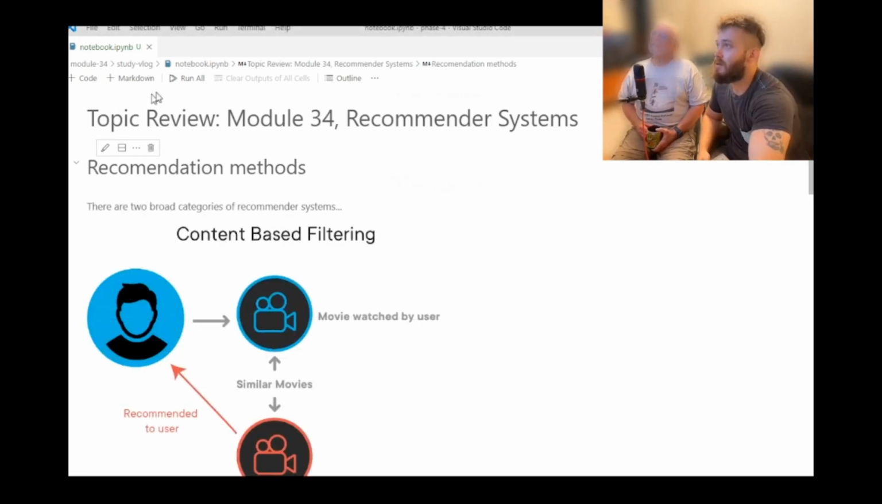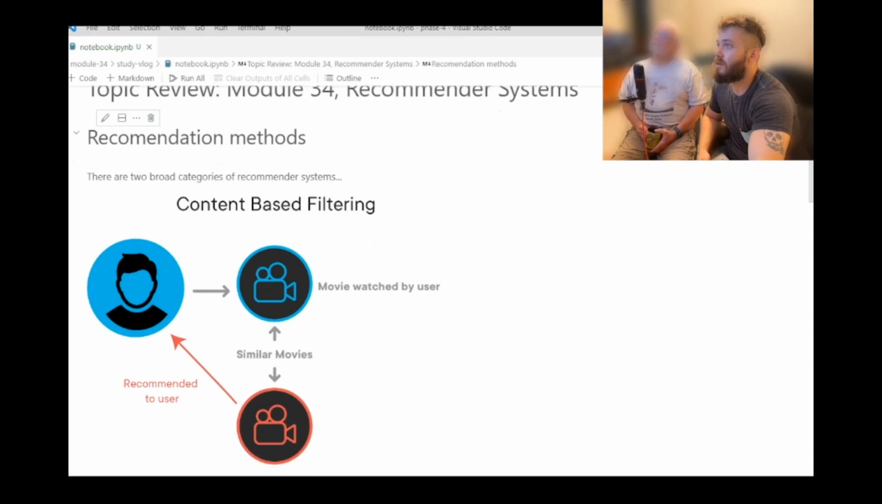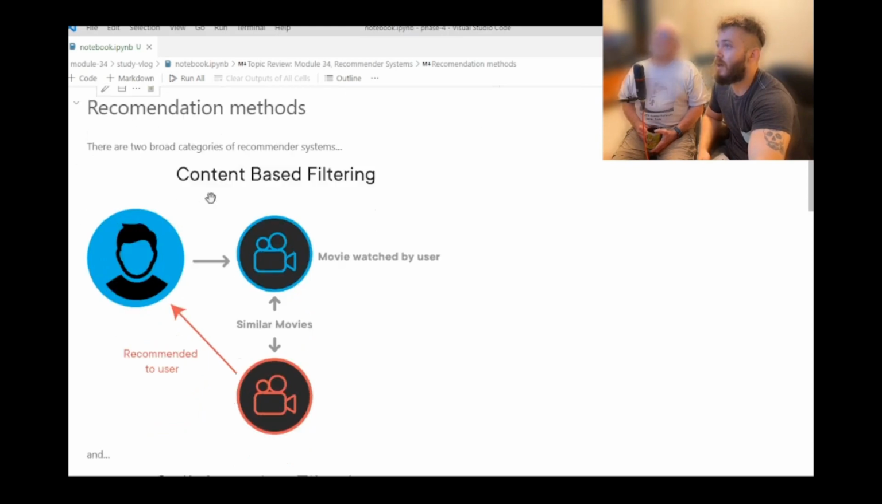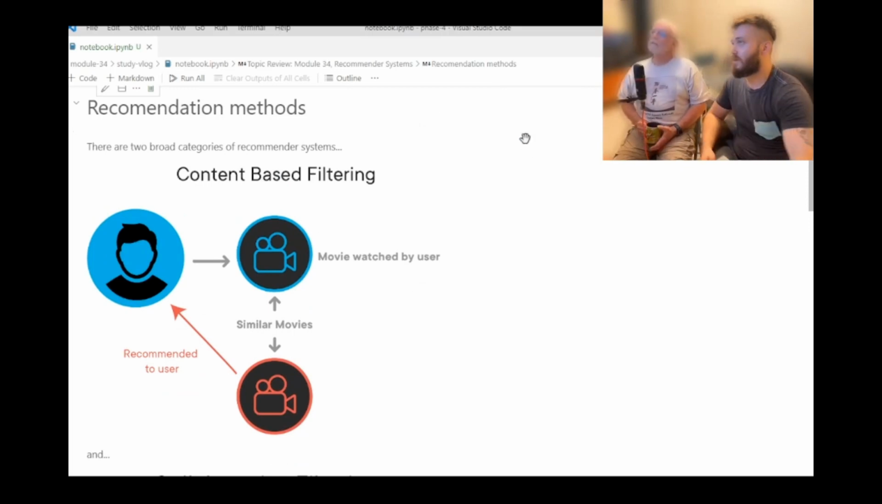Right. So there's two broad categories of recommender systems. There's content-based filtering, so filtering in the sense that there's all these things that could possibly be recommended to you,